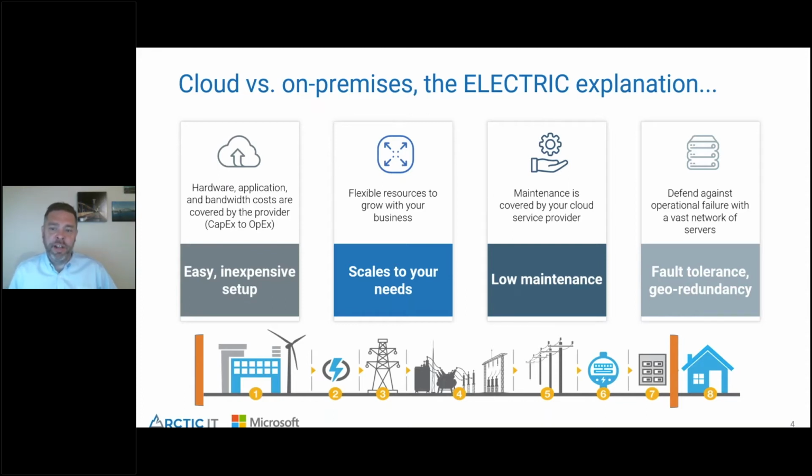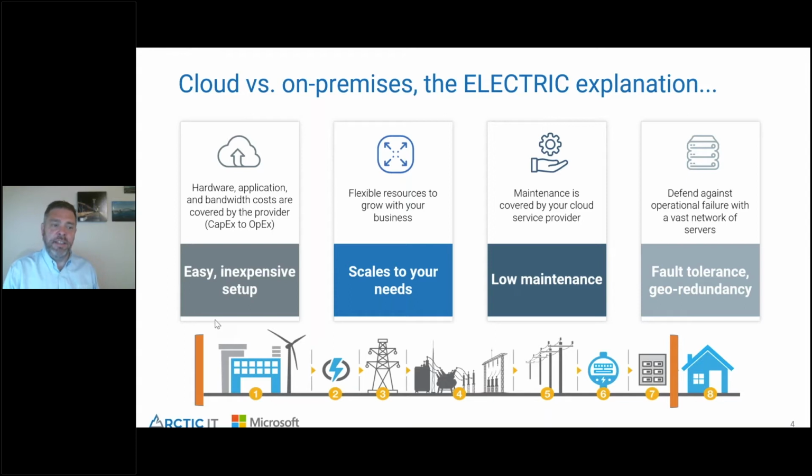But we all love electricity. We need electricity for our daily lives. But we really just want to consume that electricity as a service. And you think about the cloud in that way. We're going to start talking about how that analogy works out. For instance, I don't need to buy a power plant or any of the raw materials to run a power plant or any of that. I don't have that CapEx cost.